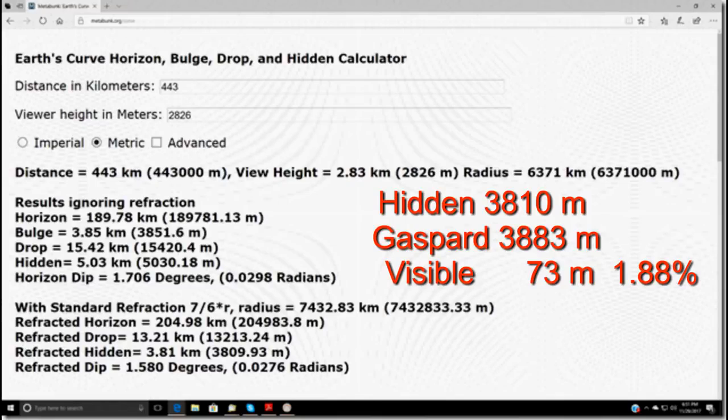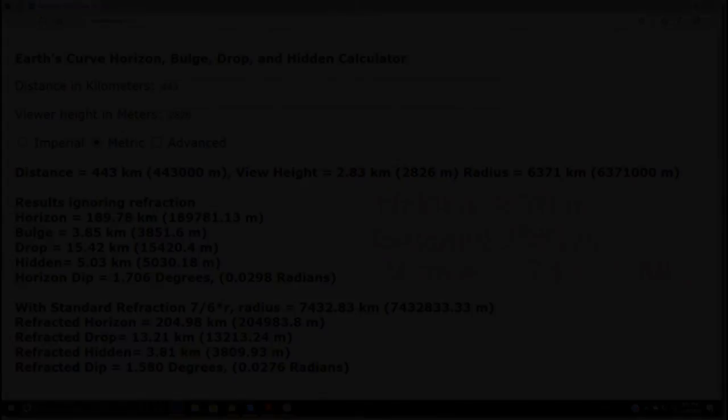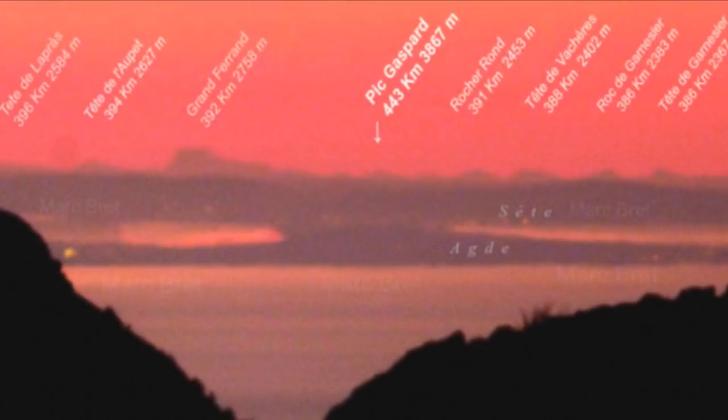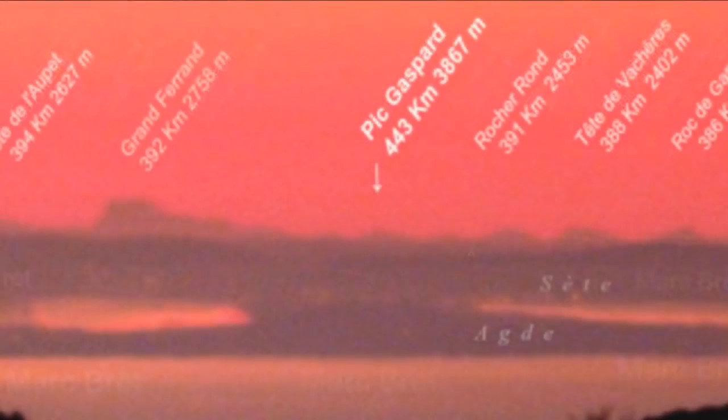Peak Gaspar is 3,883 meters, which means that just 73 meters should be visible. That would be just 1.88% of the elevation of the mountain. If I were to grant that we are viewing the top 73 meters of Peak Gaspar in these pictures, and